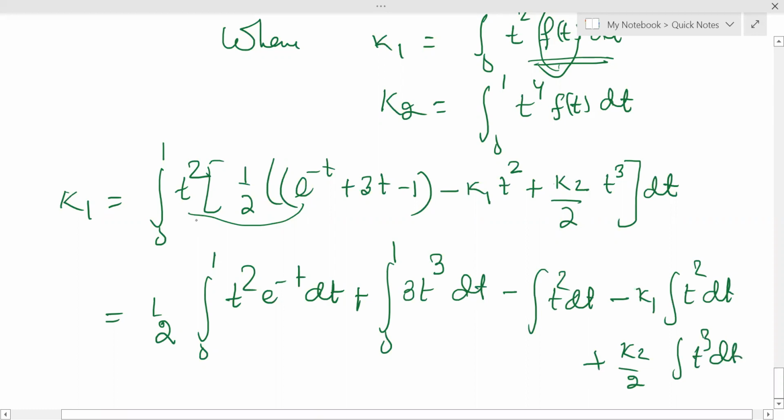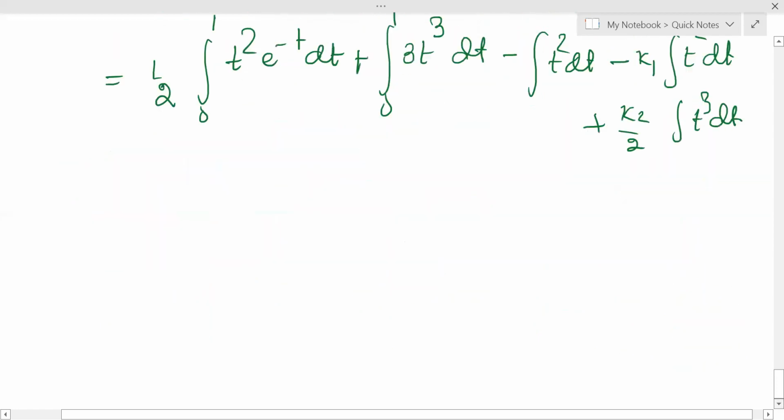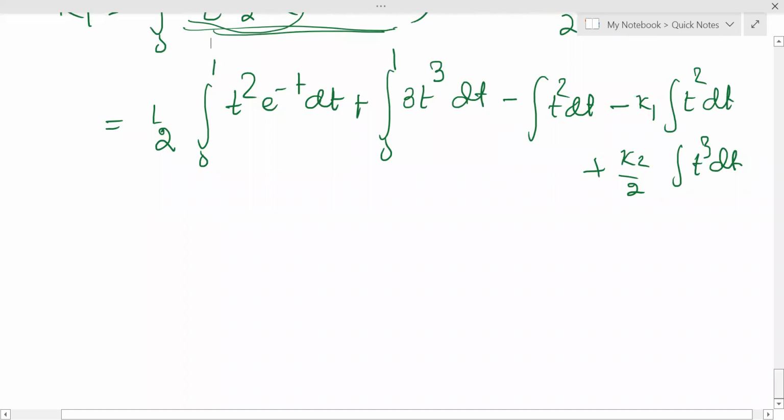All values are separated here, and separate integration we have to consider in this problem. Then after integration of this function, the final value becomes